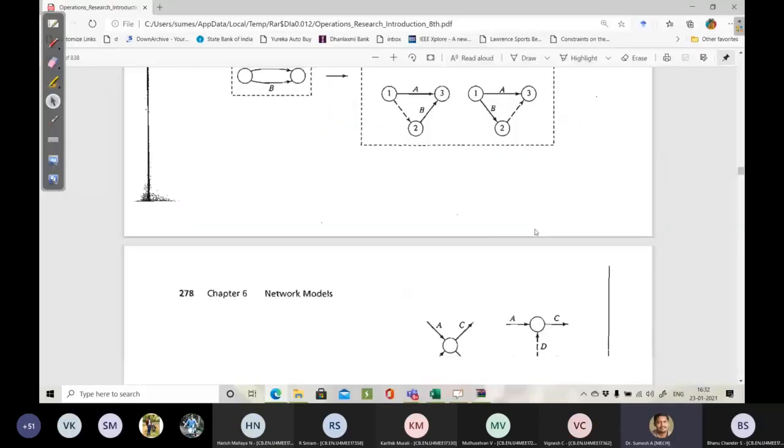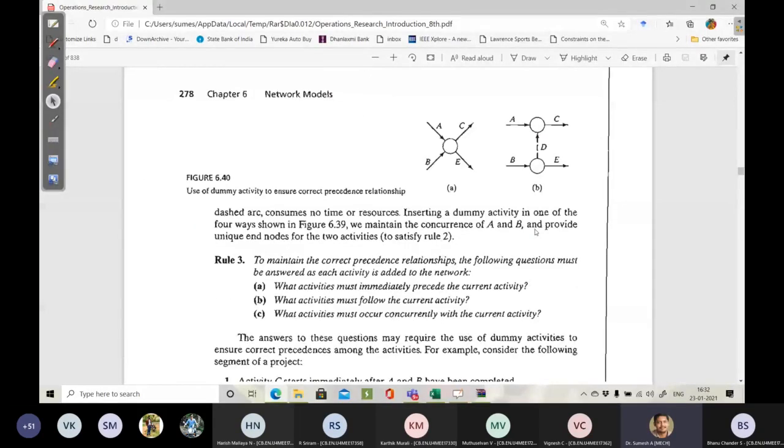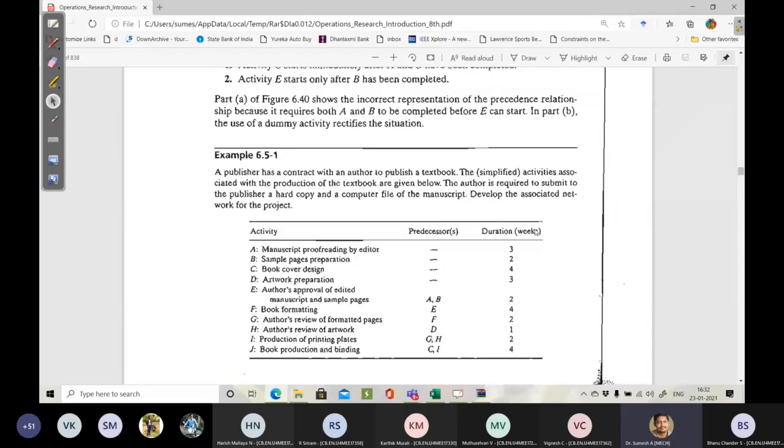I hope you can see problem 6.5.1 on the screen. Can you construct the network diagram?